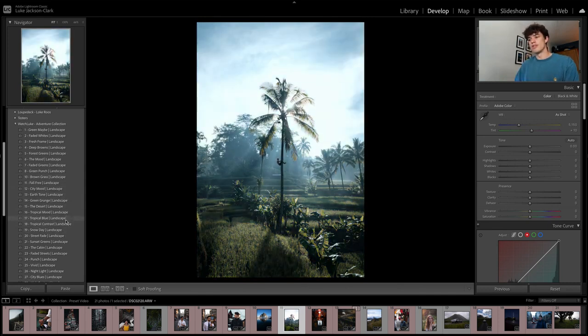Tropical contrast is usually pretty solid, you can count on it if it's a bit of a hazy image. But I also added in punch and vivid for slightly more hazy images. But if, for example, you don't want to use them,